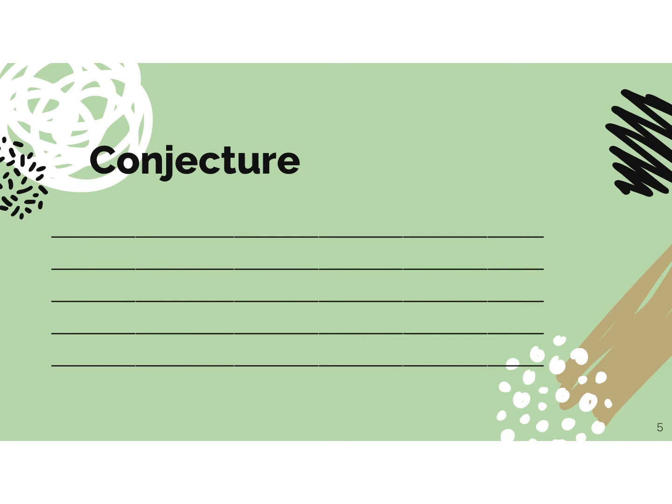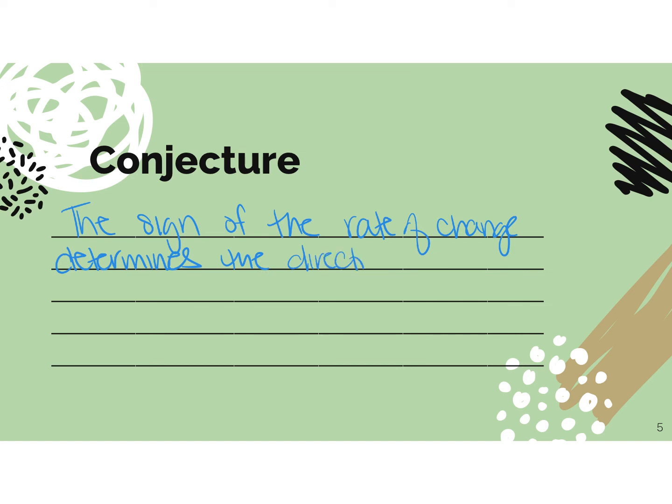The sign of the rate of change determines the direction of a line on a graph,